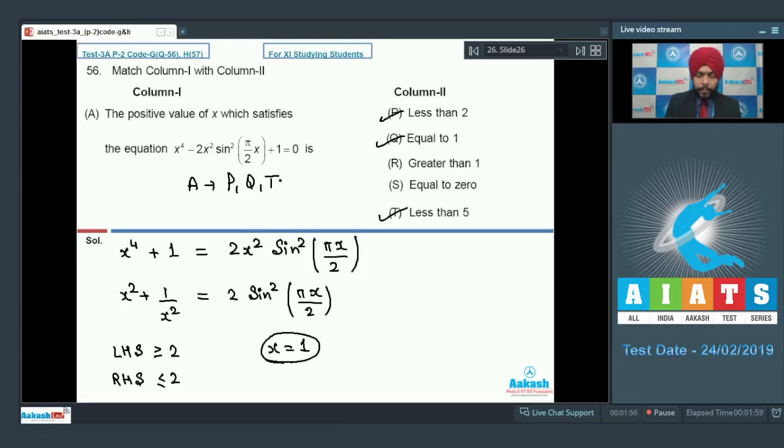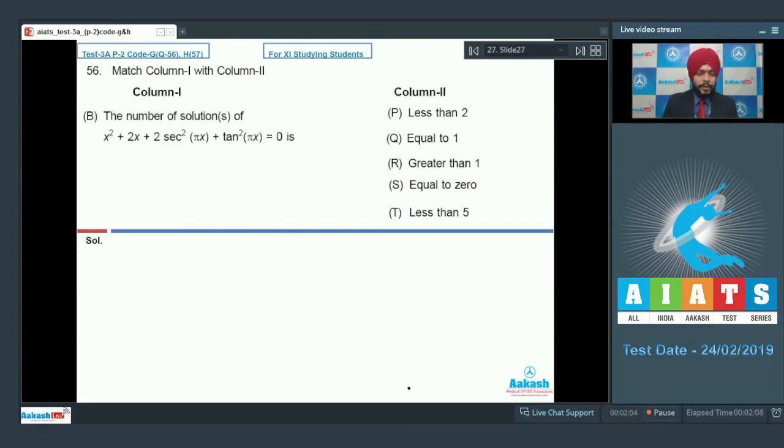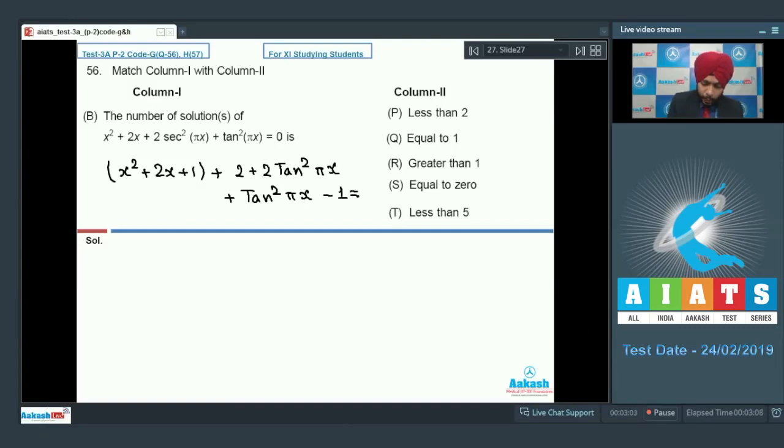Okay. Let us move on to B part. B part says that the number of solutions of the equation x square plus 2x plus 2 secant square pi x plus tan square pi x equals 0 is. So students, we have to create the perfect squares. X square plus 2x plus 1 plus secant square of pi x can be written as 1 plus tan square of pi x. So 2 plus 2 tan square pi x plus tan square pi x and minus 1 because I had added 1 in the first part of the equation. So this is x plus 1 whole square plus 3 tan square pi x